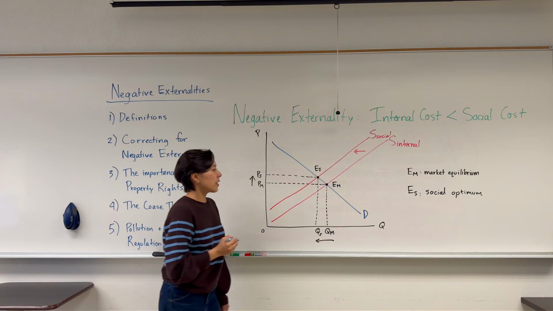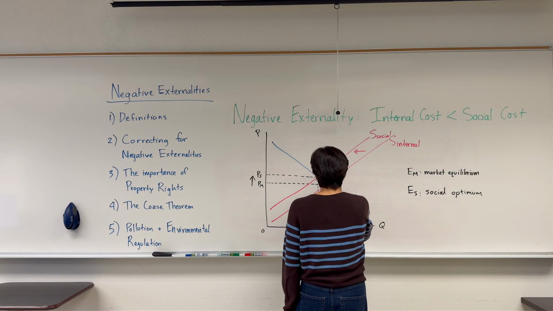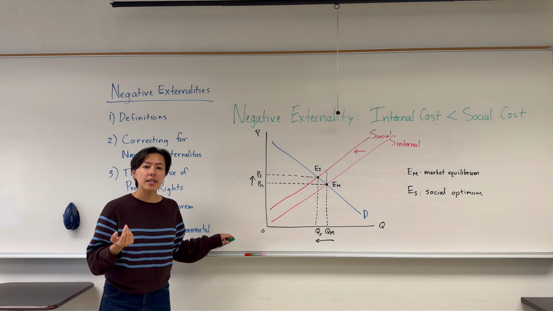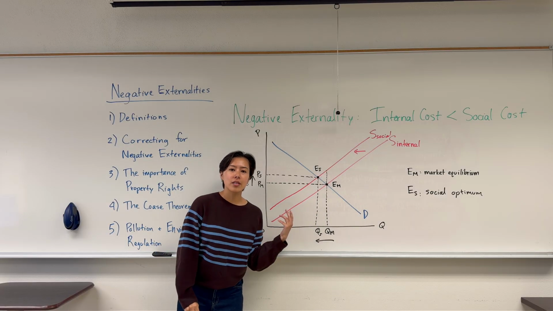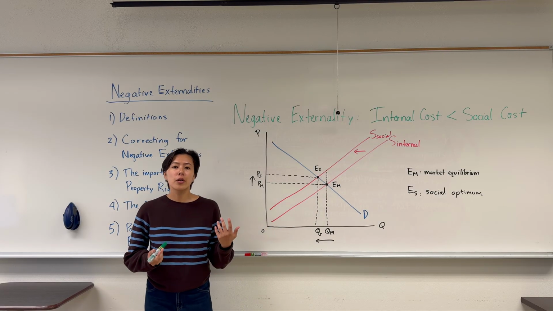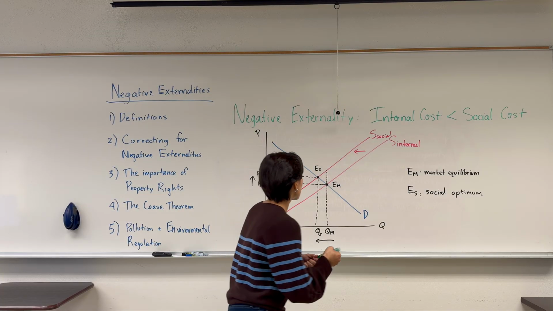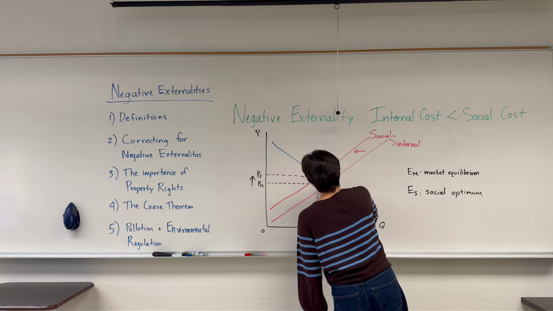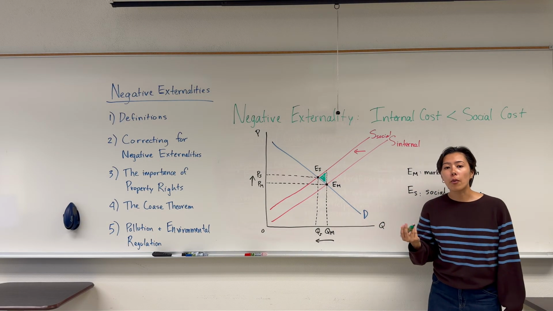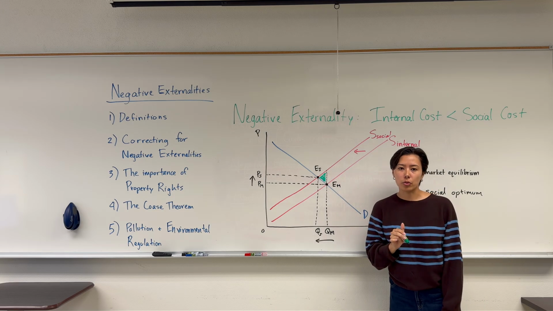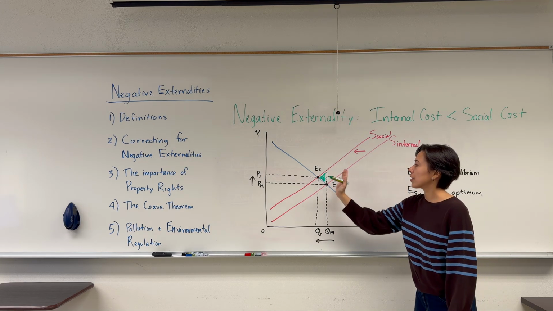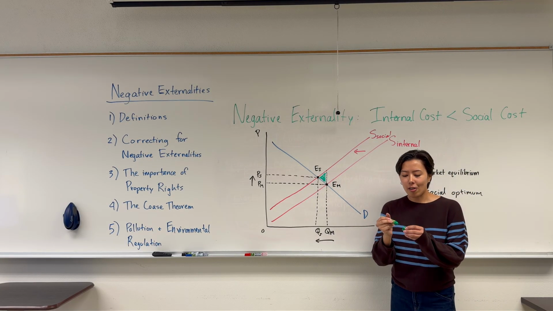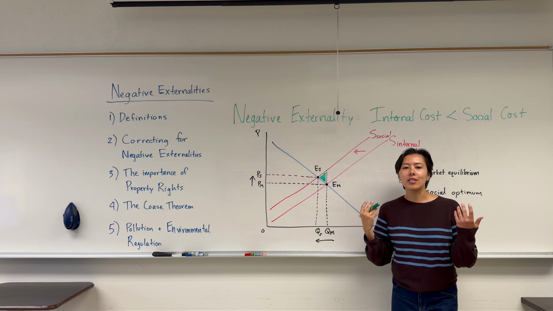And so what's really happening here is by forcing this internal party to consider the cost to society, we're eliminating the deadweight loss, or we're eliminating that market failure or inefficiency. On this graph, this triangle here actually represents the deadweight loss that was occurring before I was forced to consider the social cost. Once my supply curve shifts upward and I reduce my production, this deadweight loss is eliminated and our market is happy operating at this social optimum.